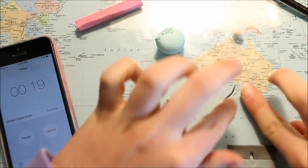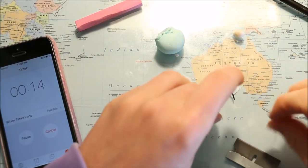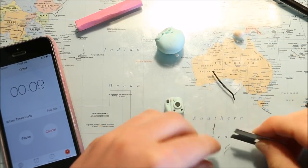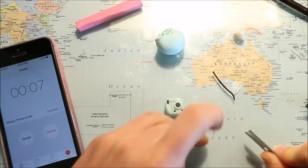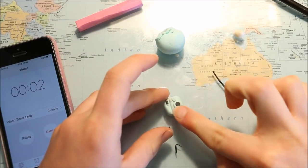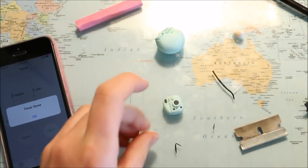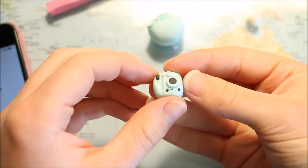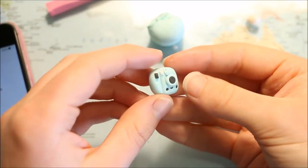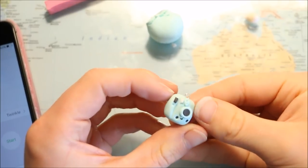Anyway, I managed to get the eyes in, but then the mouth was a little bit of a struggle, and as you can see, the black clay was really sticking to my fingers, so I struggled quite a bit, and I just started to panic and kind of threw the face on. And I did actually go over time here because I chucked on a mouth and then I didn't shape it into a mouth shape. I don't know if that's breaking the rules or not, but anyway, I added the eye pin,